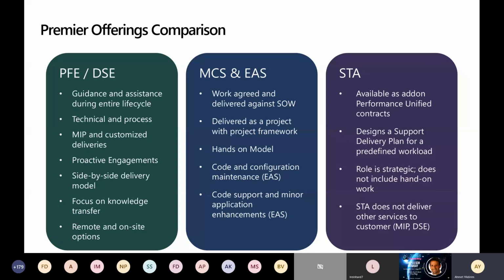And also, like the partners, Microsoft has Microsoft Consulting Services, and they are agreed and delivered against the statement of works, and they are doing the implementation projects as well. And they also hand over after the project to the EAS team, Enhanced Application Support team, after they finish the